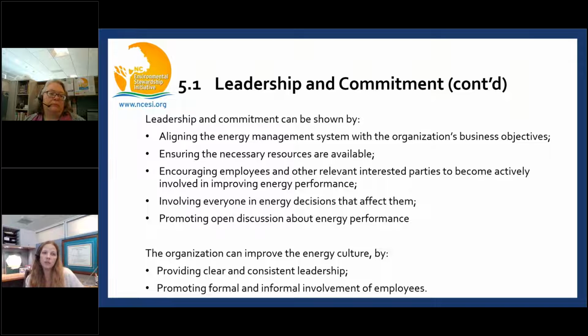Well, leadership commitment can be shown by aligning the energy management system with the organization's business objectives, by ensuring the necessary resources are available for the ENMS, by encouraging employees and other relevant interested parties to become actively involved in improving the energy performance, involving everyone in the energy decisions that affect them, and promoting open discussion about energy performance. The organization can improve the energy culture by providing clear and consistent leadership, promoting formal and informal